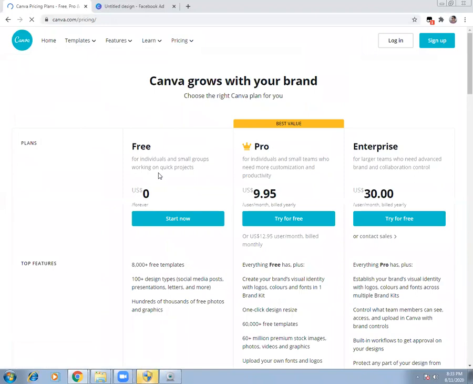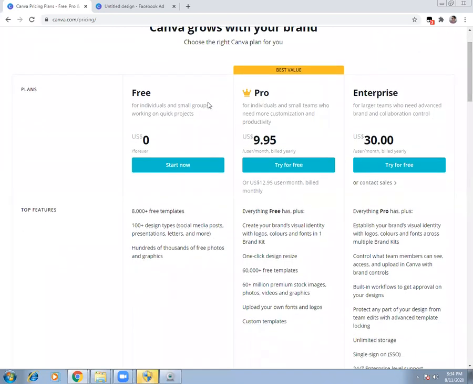If you are an individual running some business from your home and you want to display your products and communicate to customers, then this is a fantastic tool for you. If you are a business person, then you probably need to go for the pro or enterprise version. The free tool offers you 8,000 plus free templates that you can use, and you can create different kinds of designs like a Facebook profile pic or Facebook page, using your photographs there.